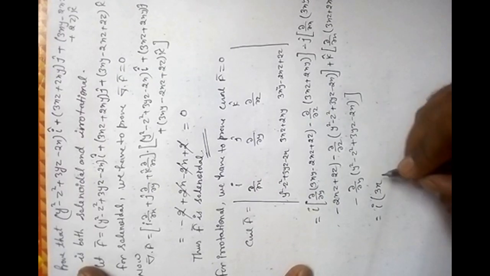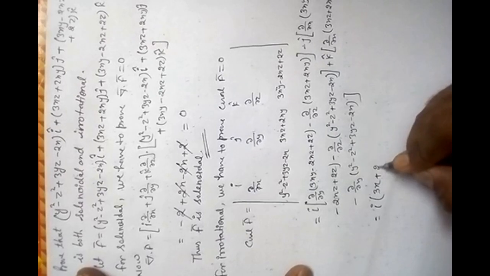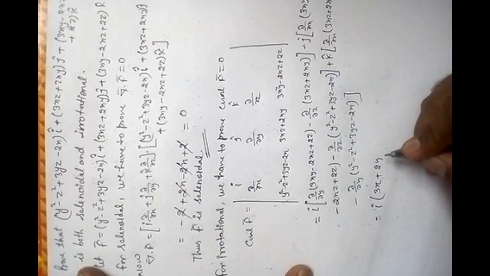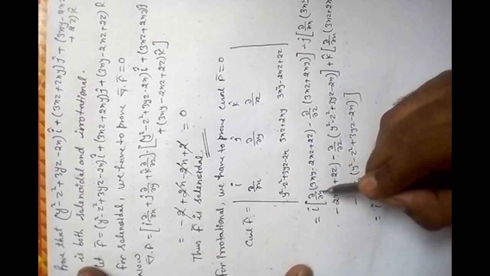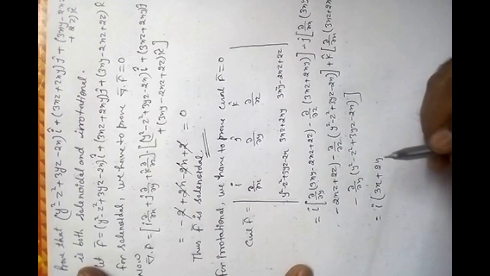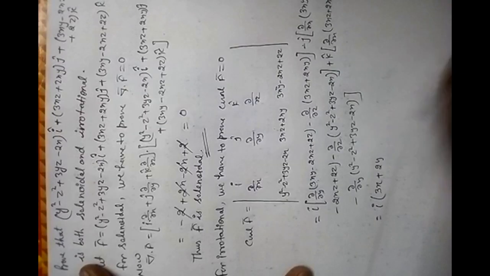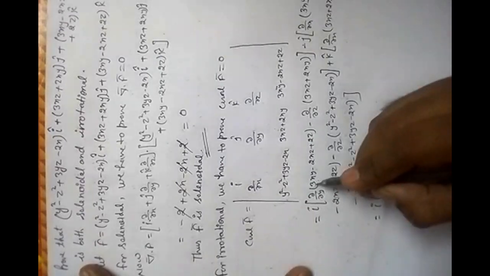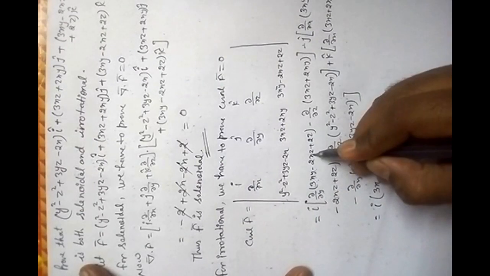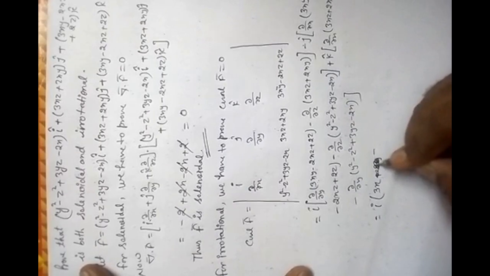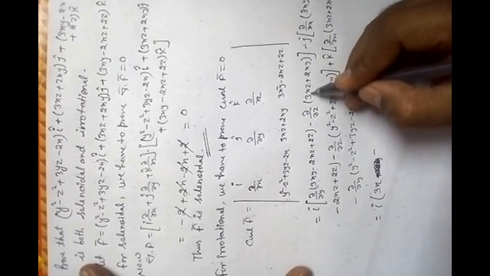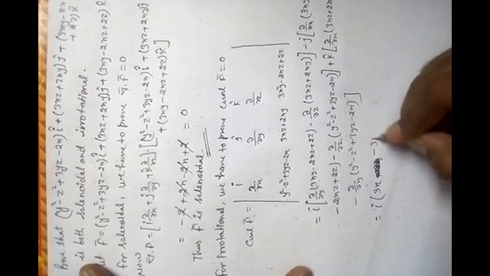Okay, 3x plus 2y. No, only y. Okay, 3x minus z, it means 3x